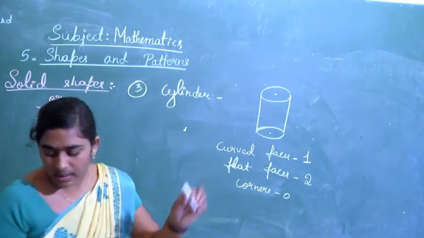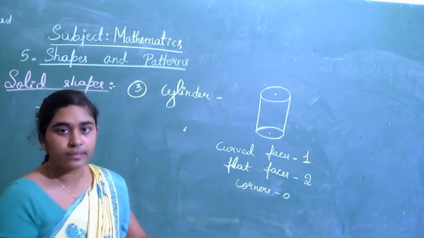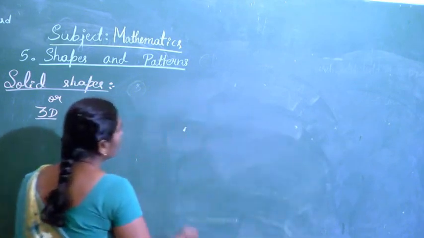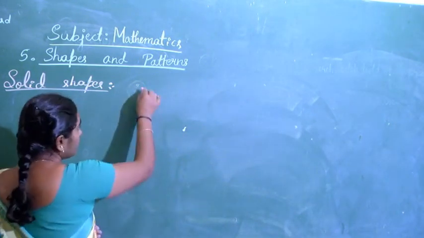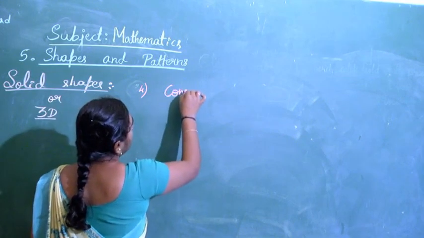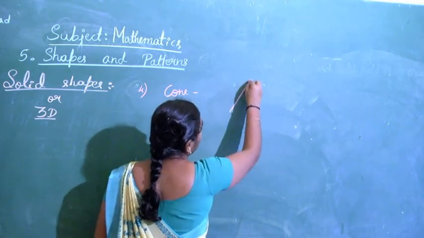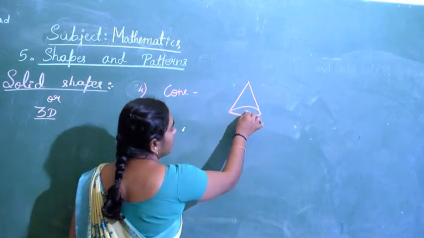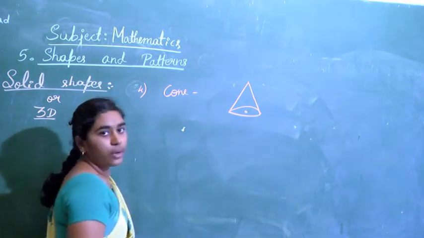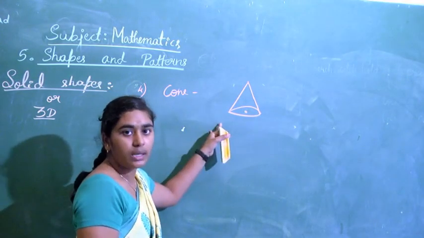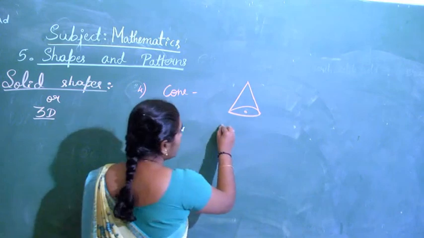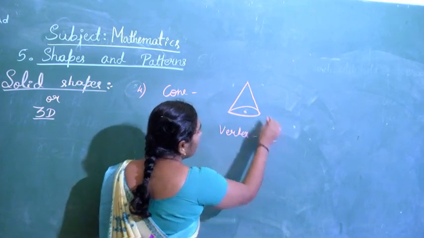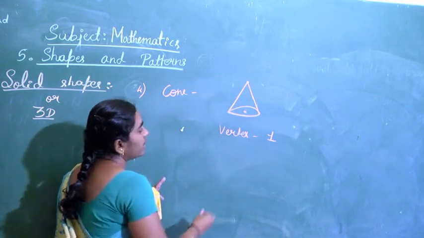These are the properties. And the next one, which is the next one? Next is a cone, right? How does the cone look like? Like a birthday cap. Down one circle and one corner at the top. You can even draw the cone upside down. So number of vertices, only one. One sharp point is there.